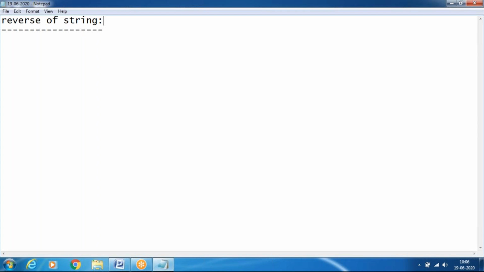First, read the string or initialize the string. So str equals this is a string. The reverse of the string is str of colon -1. So we'll see that one.